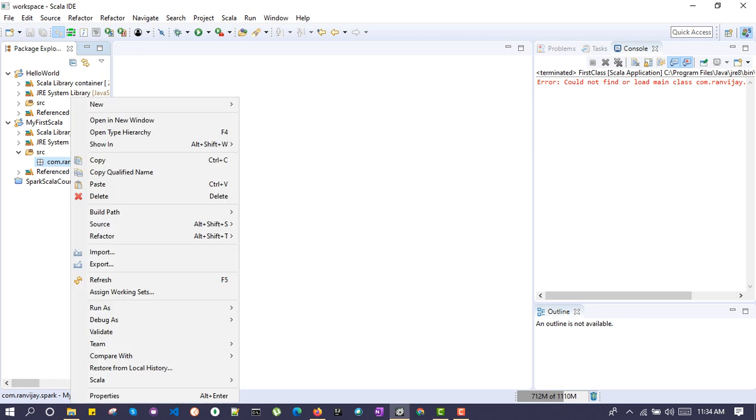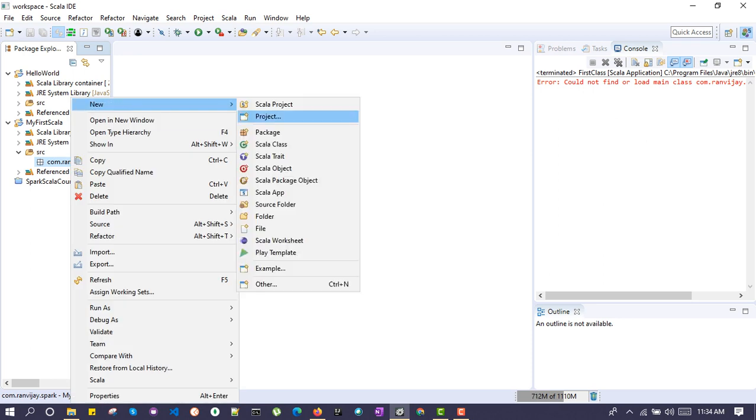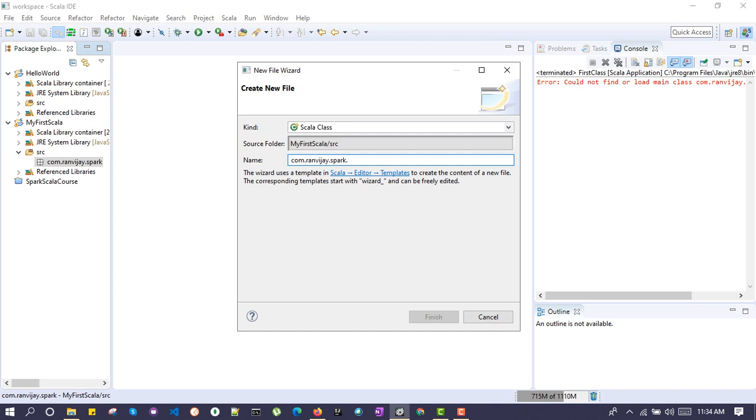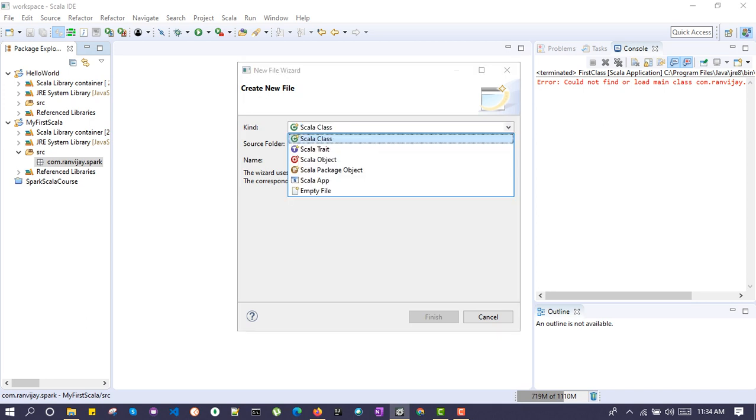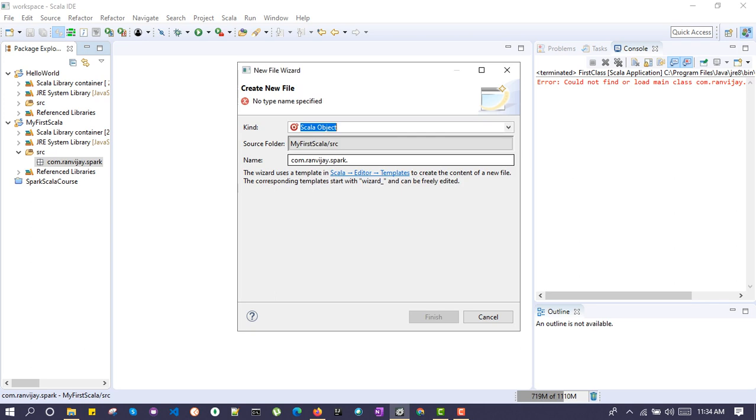Inside the package, we will create a Scala class. Make a note, we will not be creating a class, we will be creating a Scala object. Click Scala object. Give some name like my first Scala or Hello Ranvijay.